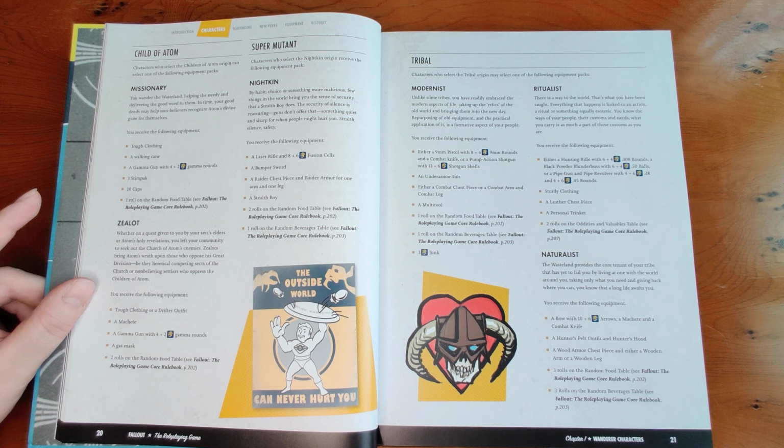Get an Under Armour suit, either a combat chest piece or combat arm and leg, a multi-tool, 1 roll on the random food table, 1 roll on the random beverages table, and 3 die worth of junk. The ritualists basically have a ritual or esoteric connection to everything that happens. So you know the ways of your people, their customs and needs, and you're focused on this kind of mystical